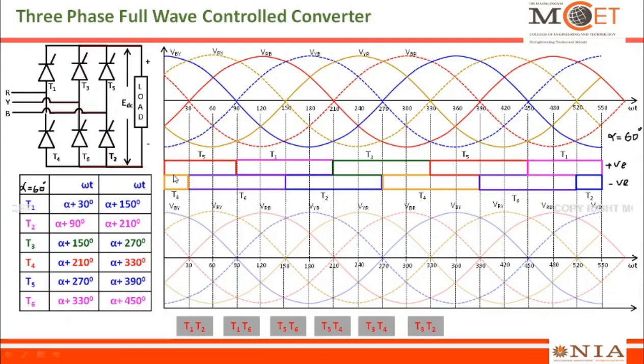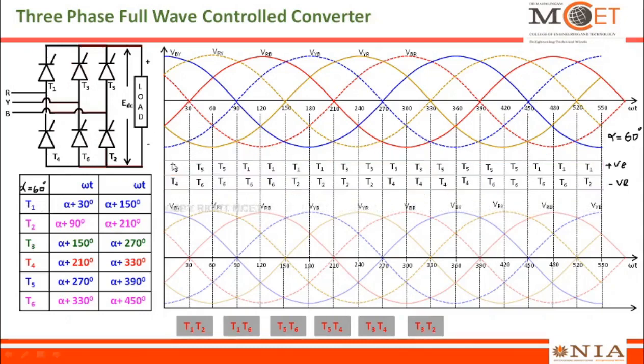This is one of the important things that you have to understand when alpha is equal to 60 degrees. Very important: every thyristor can conduct only for a duration of 120 degrees. That is why T6 starts here and ends its conduction here. So before T6, if you look, again T4, so that is why this is drawn here. This is one of the important points for understanding. Now let me fill all these boxes with the corresponding numbers of thyristors. So this is T1, and similarly all these thyristors are numbered with the corresponding boxes, and I remove the boxes now, which leaves the numbers for the corresponding 30 degrees of thyristors.